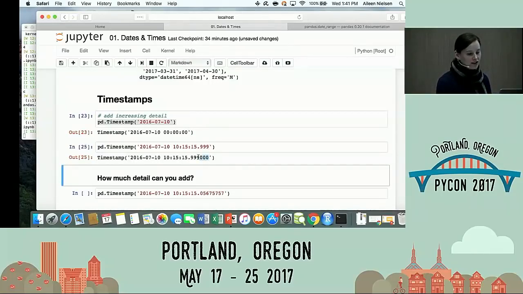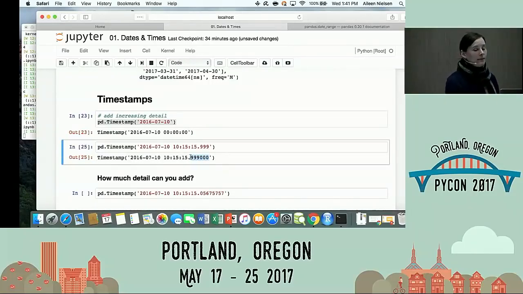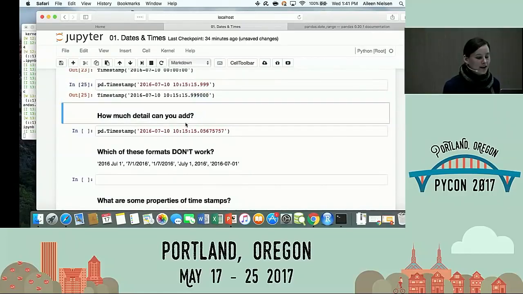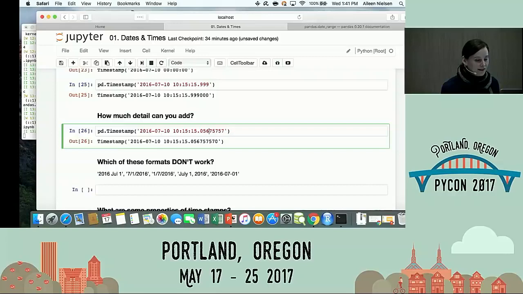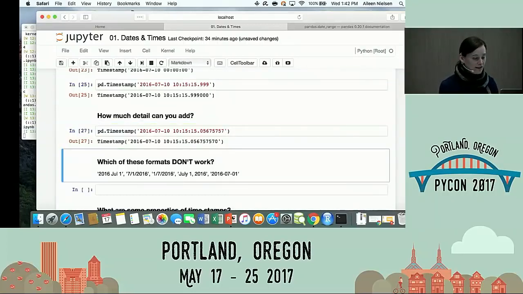And look, you see actually how it starts adding. One thing also to be aware of, I don't think this has been fixed. It displays up until the 6th decimal point, but it actually does store up till the 9th decimal point. So just a weird glitch in case you ever are checking. Okay, and here we see how much detail you can add, right? 056, that's 3, 757, that's 3, 57. So if you force it to go out beyond the 6 digits, it will display. And those are always there.